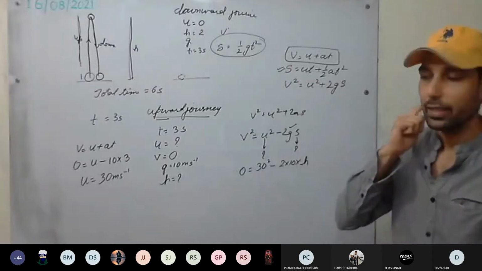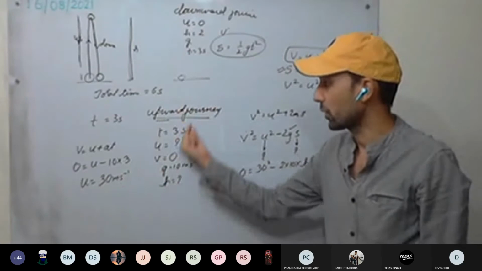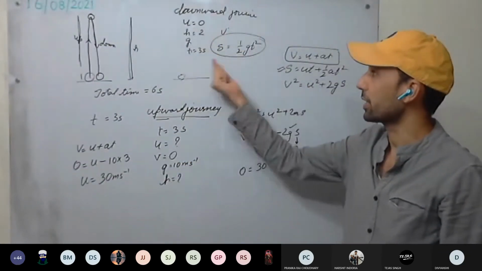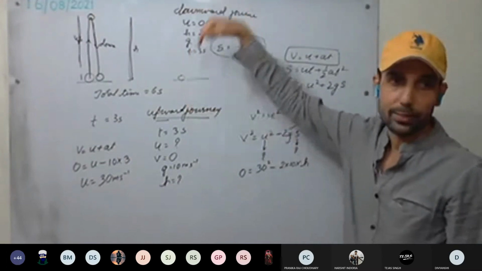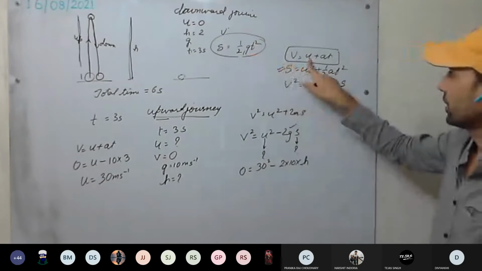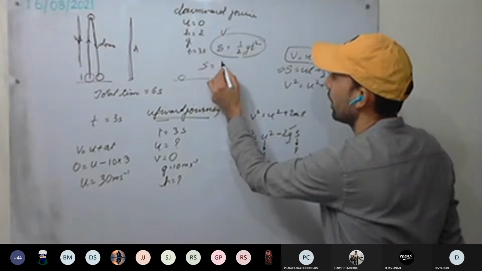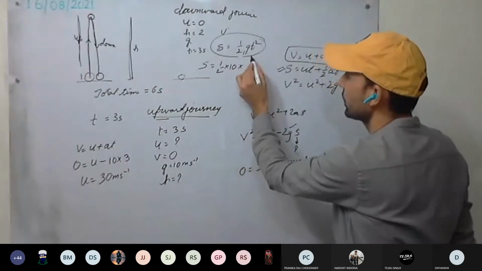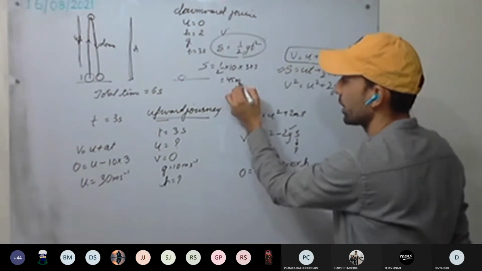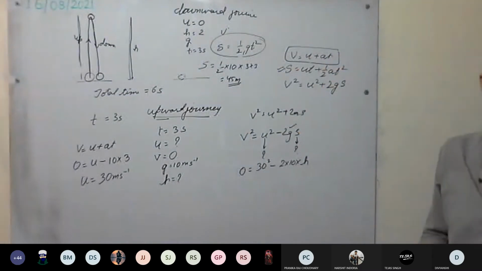In this question, since the initial velocity was also asked, going through the upward journey is fine, you will require this one. But if you need to calculate only the height, you can go straight with the downward journey, because the initial velocity is always 0. Therefore you can straightforward use the second equation. So s will come half into 10 into 3 into 3. Again you are getting 45 meter. You got the height. Using the first equation you can calculate the initial velocity, that's always fine.